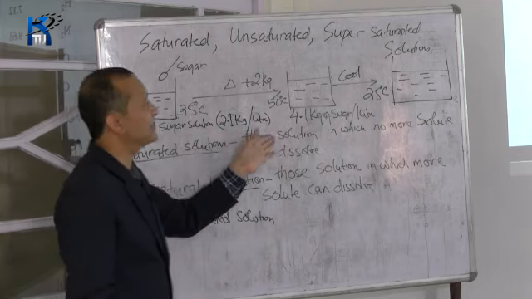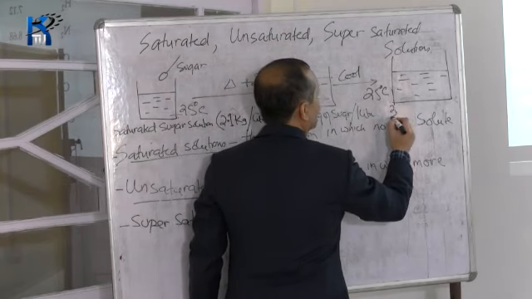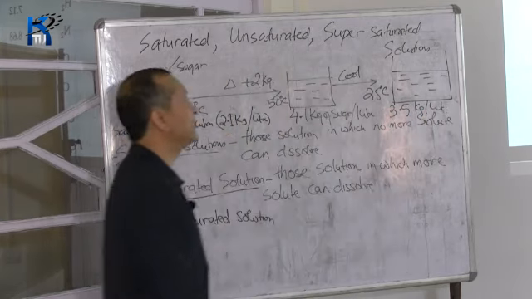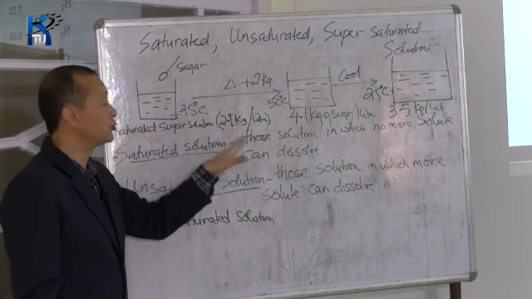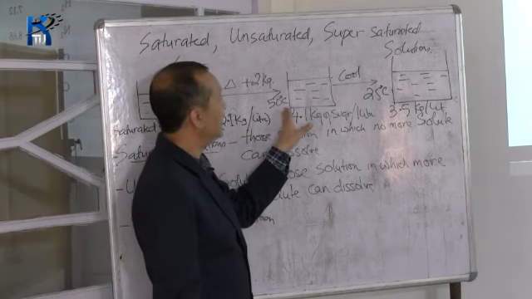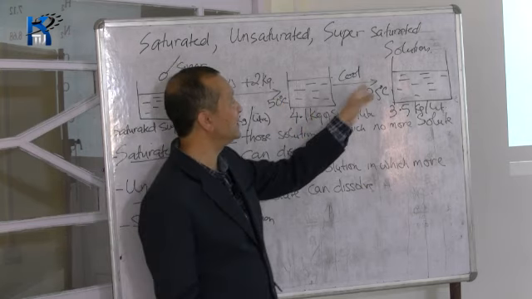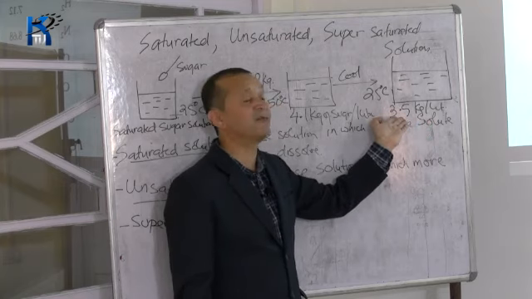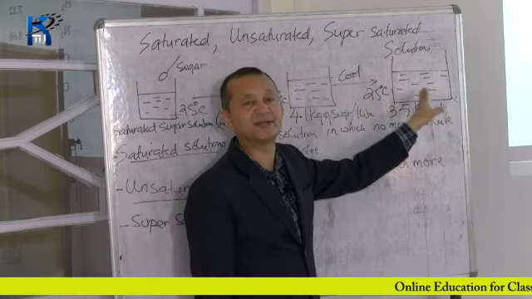But this does not happen. Even after cooling to 25 degrees centigrade, the concentration of sugar remains 3.5 kg per liter. Initially at 25 degrees centigrade, 2.1 kg sugar dissolved in 1 liter of water. But after heating the solution, adding more sugar and then cooling to 25 degrees centigrade, we get a new concentration which is 3.5 kg per liter. These types of solutions are known as supersaturated.